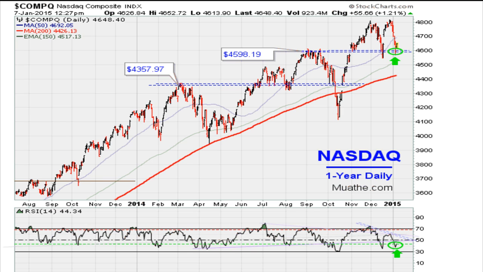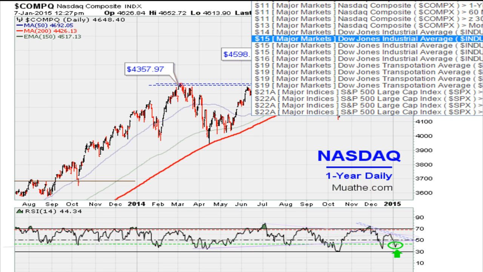So recently, in December of 2014, the RSI did something like that on the NASDAQ, or something like that on the price. Now, if I show you the same time period on the Dow,